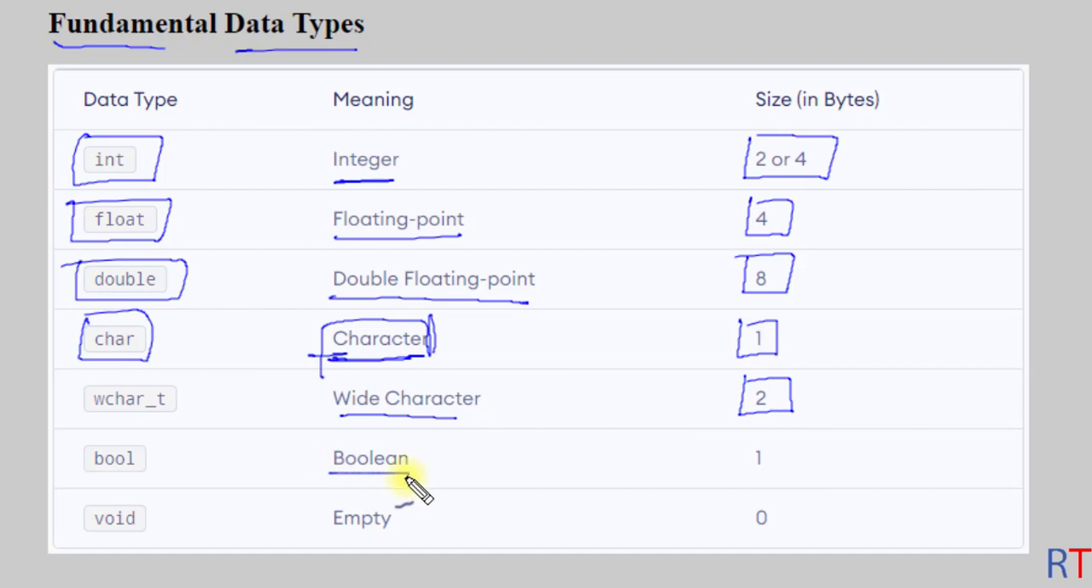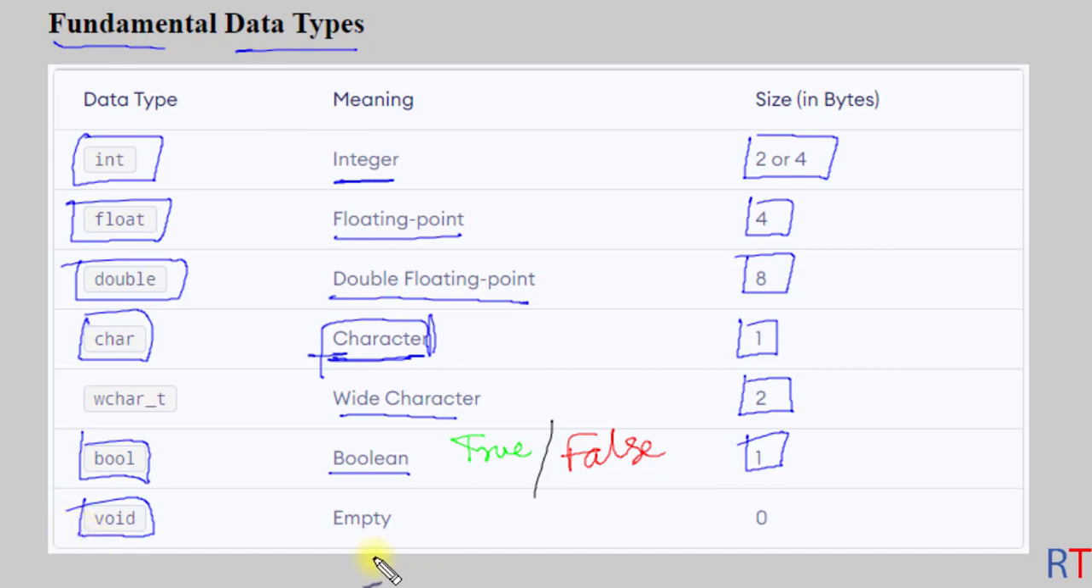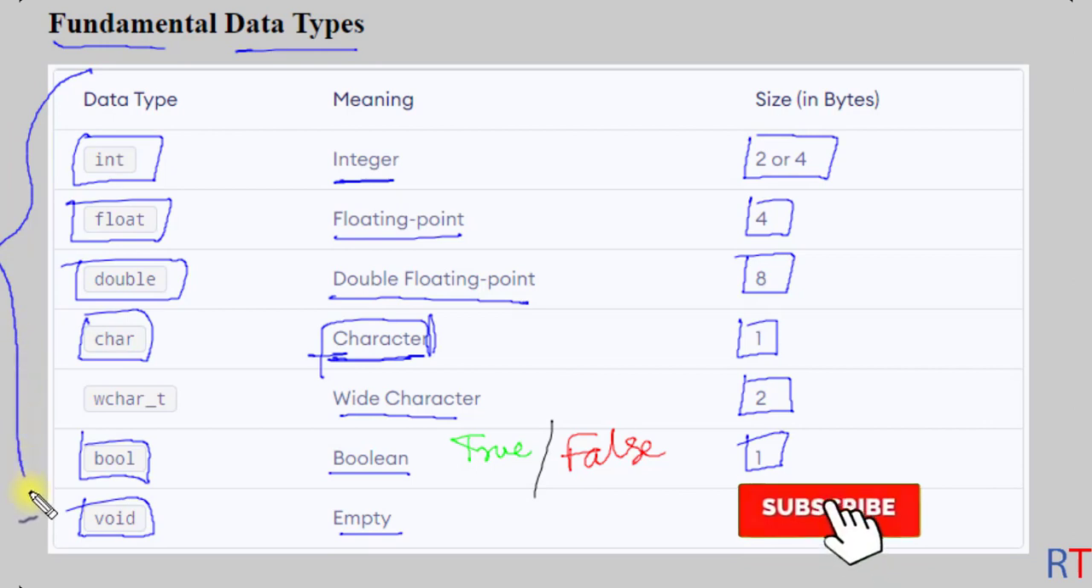Next we have the boolean data type. The bool keyword is used for the boolean data type, and the boolean data type can either be true or false, and it takes 1 byte of storage in memory. And next we have the void keyword, which is used for an empty value or no value. So these are the available fundamental data types in C++